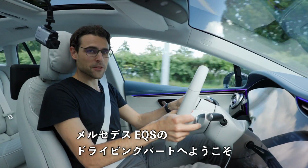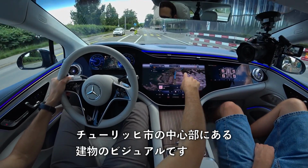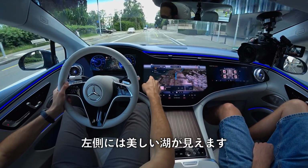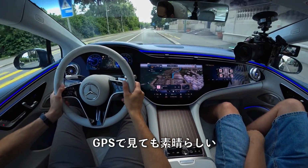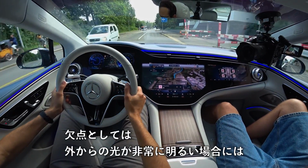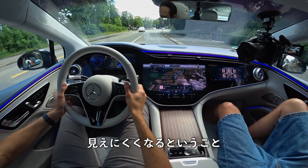Welcome to the Mercedes EQS driving part, and you see it here on the screen, the visualizations of the buildings here in the Zurich city center. On the left side, the lake. Really beautiful and impressive to see in the GPS. That's the fancy side of it. The downside is that when the light is really bright from the outside, it's really harder to see